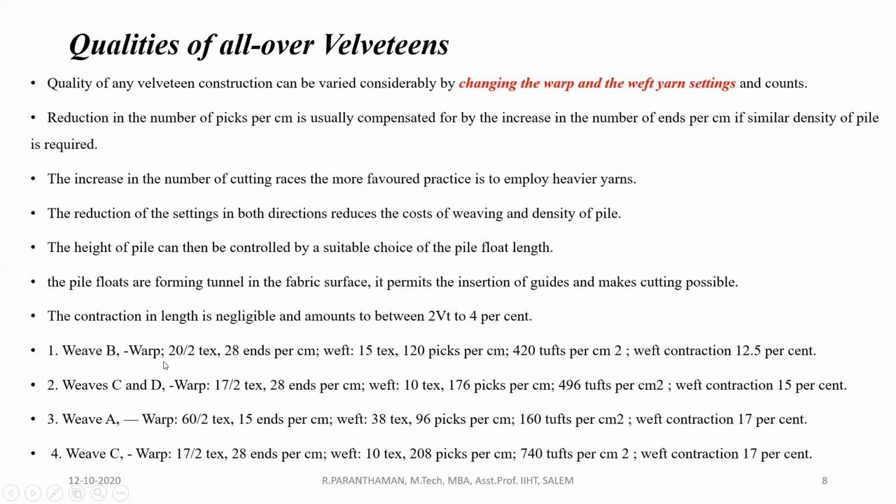The weave B: warp 20 bar 2 text and 28 ends per centimeter, weft 15 text, 120 picks per centimeter, 420 text per centimeter square, contraction is 12.5%. The weaves C and D: warp 17 bar 2 text, 28 ends per centimeter, weft count 10 text and 176